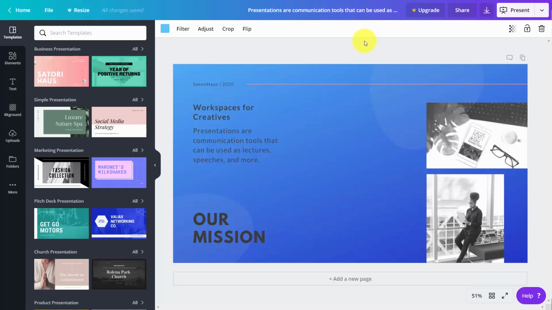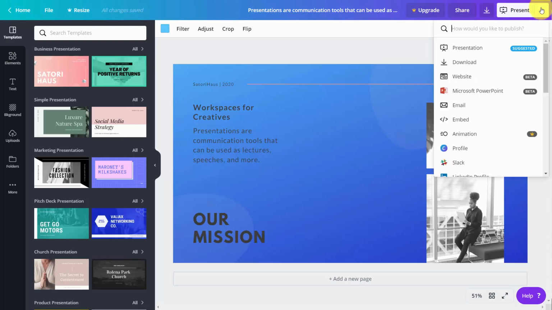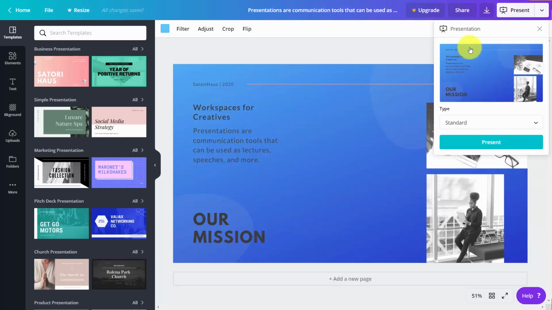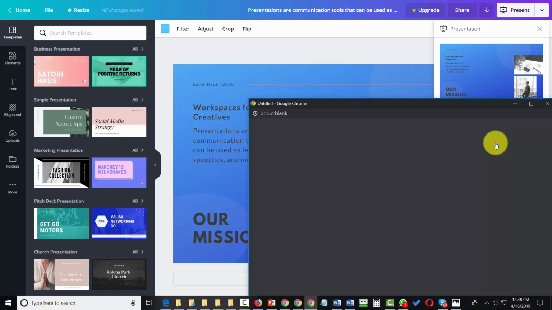Welcome back. Now, one way to output the content is to output it into a presentation. And we can do that by going to this drop-down arrow, and you're going to see that there's going to be a link here for a presentation. What we're going to then do is to click that link. You're then going to see that we can download it into a standard presentation, and we can also output it into a presenter view. So if we click the presenter view and then we click present,